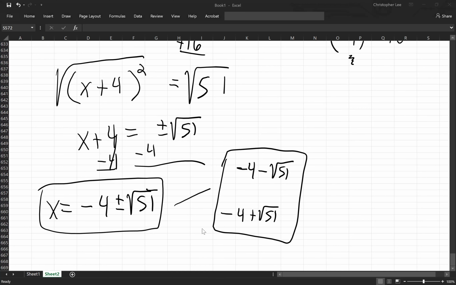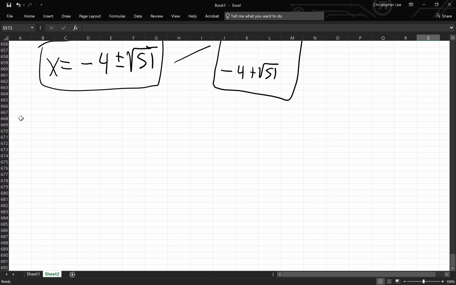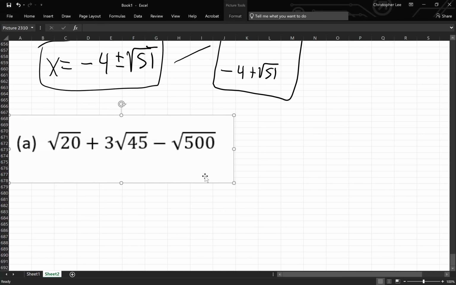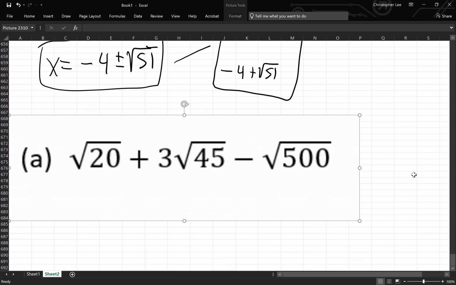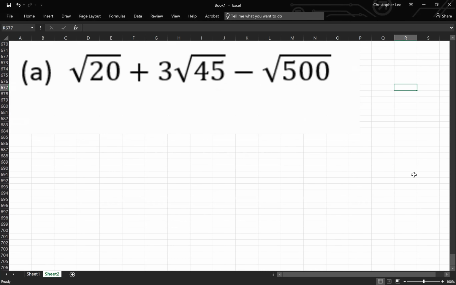We're going to simplify some expressions real quick using radicals. All right. On your test, I don't believe the radicals will be this large, but the idea is still the same. What's the largest perfect square that goes into 20? I think 5 and 4, right? So this is going to be square root 4 times square root 5 plus